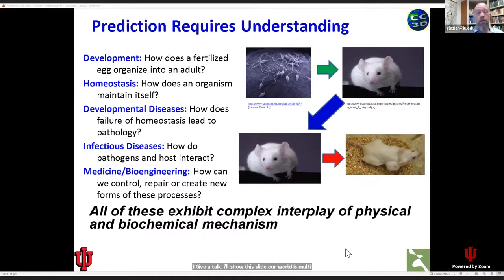And so that multicellular organization could be problems in development. How do tissues and organisms develop from an initial fertilized egg? How is patterning done? How do you build the complex structures that compose our bodies? Once you've built